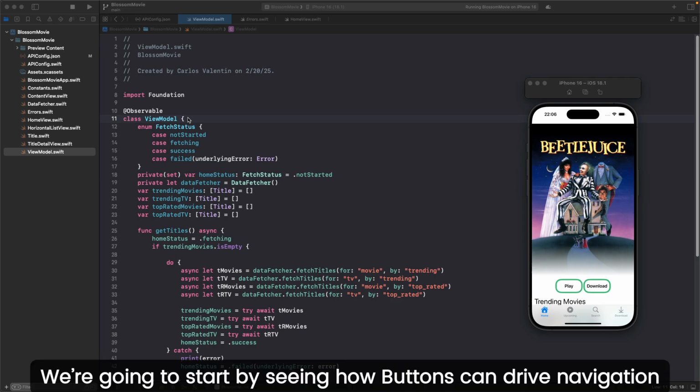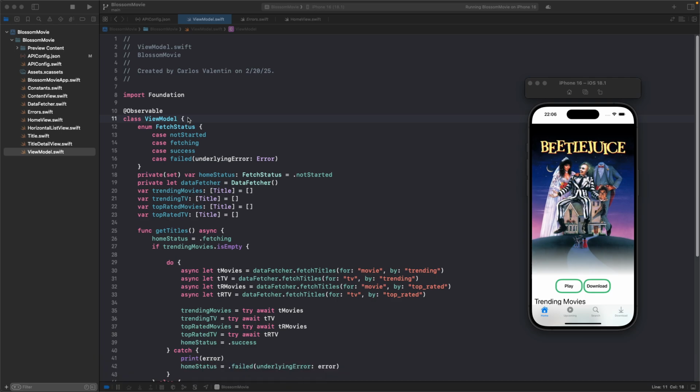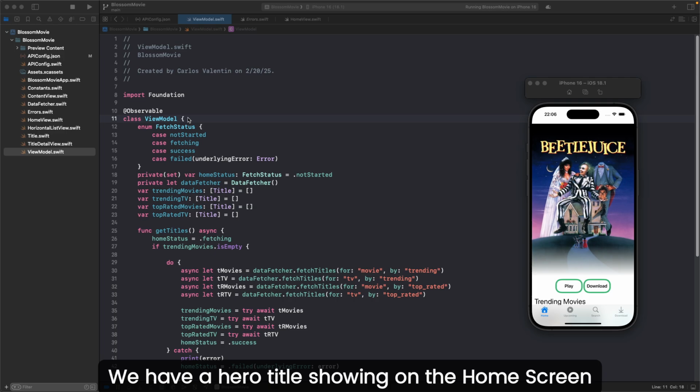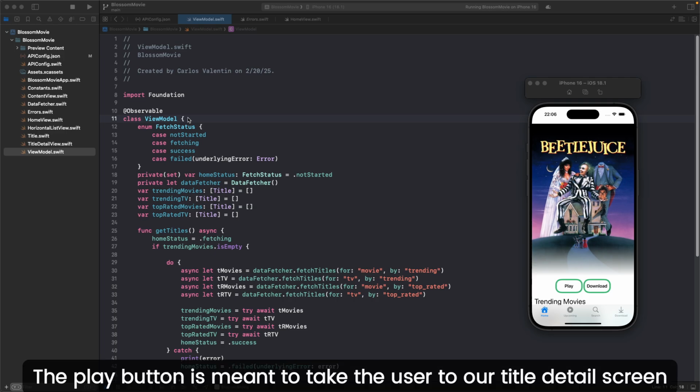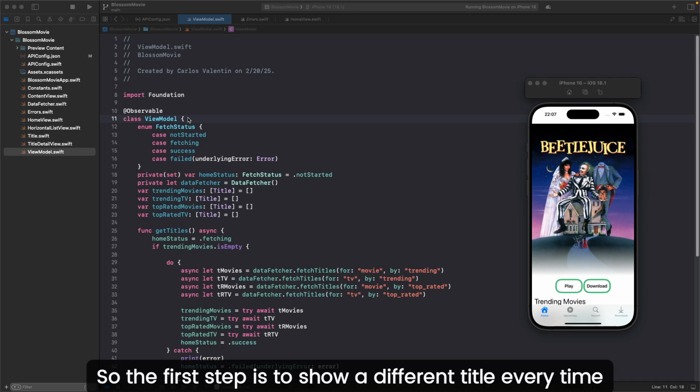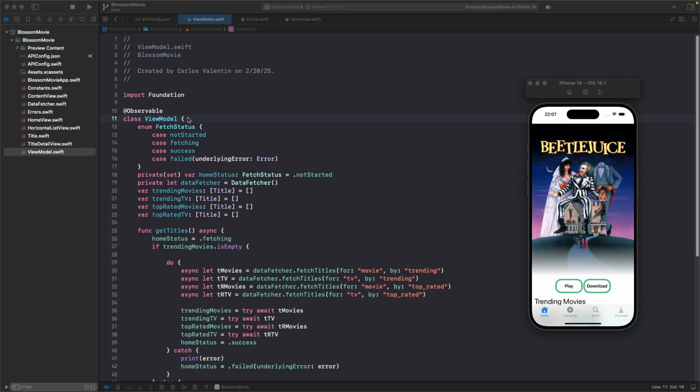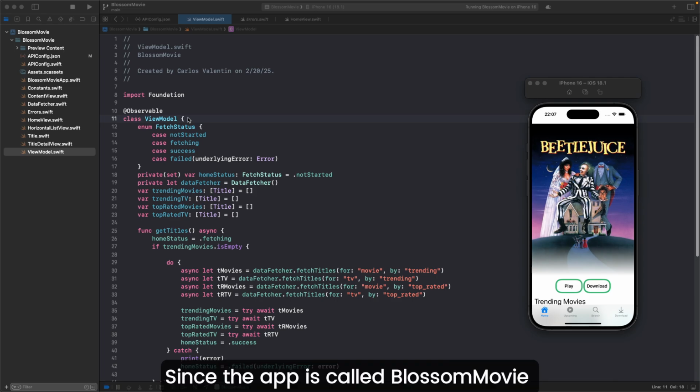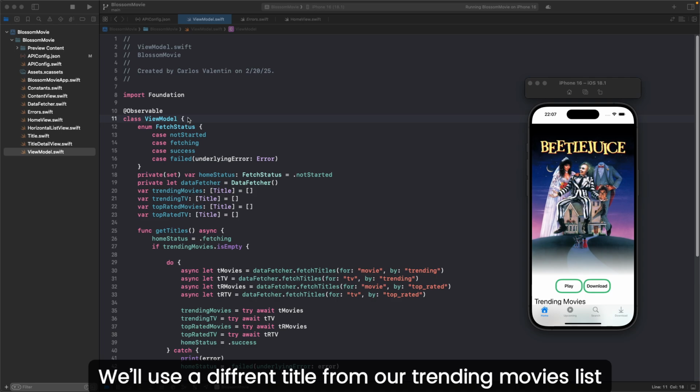We're going to start by seeing how buttons can drive navigation. In our app, we have a hero title showing on the home screen. The play button is meant to take the user to our title detail screen. Right now, the title is just static, so the first step is to show a different title every time the user opens the app. Since the app is called Blossom Movie, we'll use a different title from our trending movies